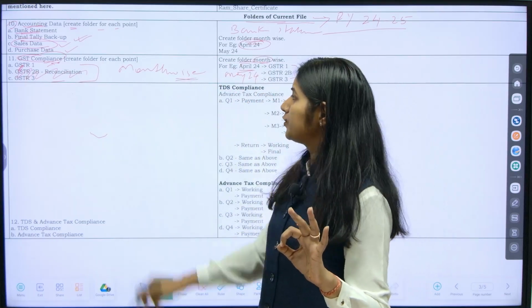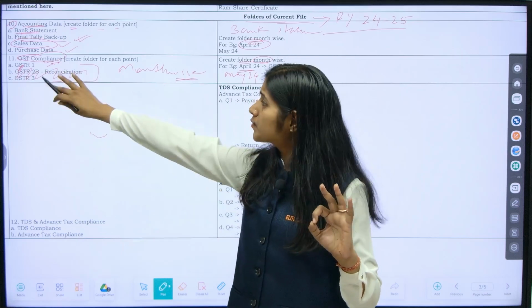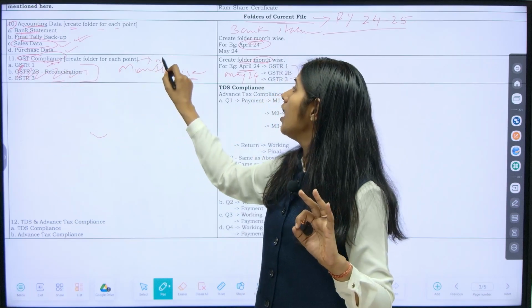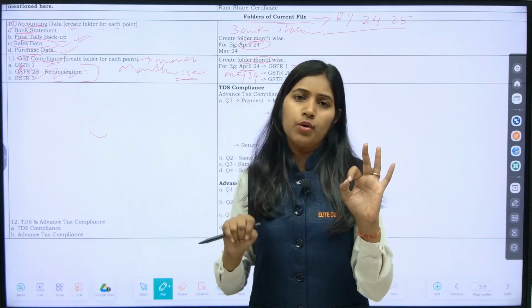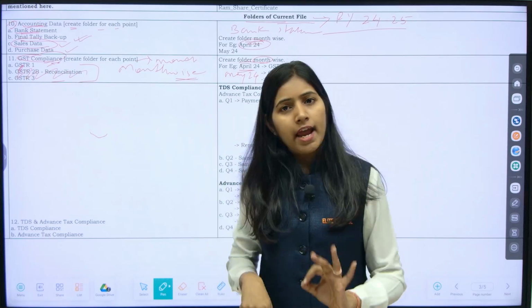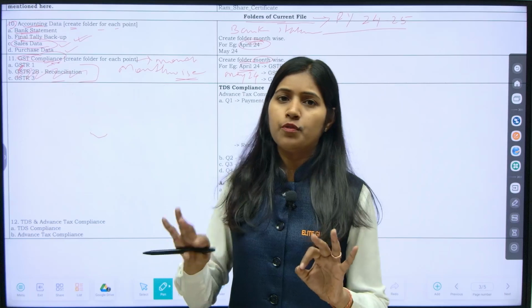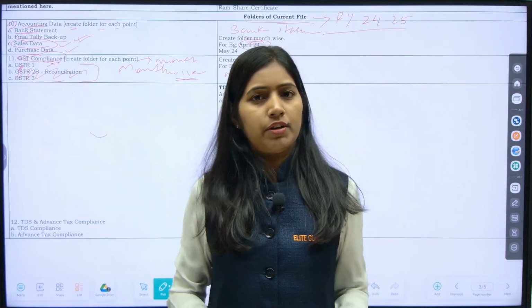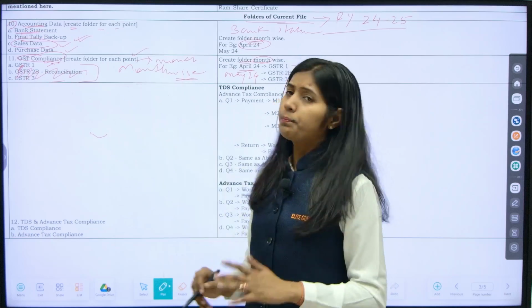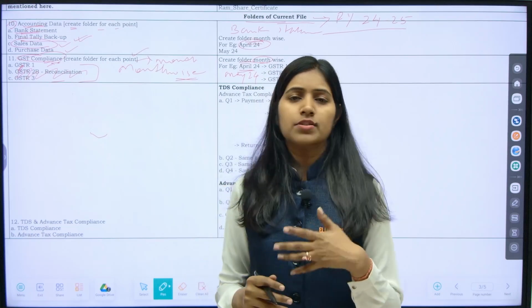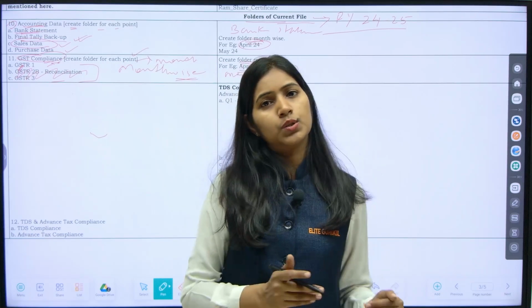So here I have mentioned month wise, not this wise. These folders will form part only after the month. So first you have to mention the month, and then you have to create 3 folders. M2 3 folders, M3 3 folders, M4 3 folders, M5 3 folders. Likewise you are supposed to create the folders. I hope I am done. So if you prepare data like this, it will be easier for you, and easier for the client also, to manage the data.